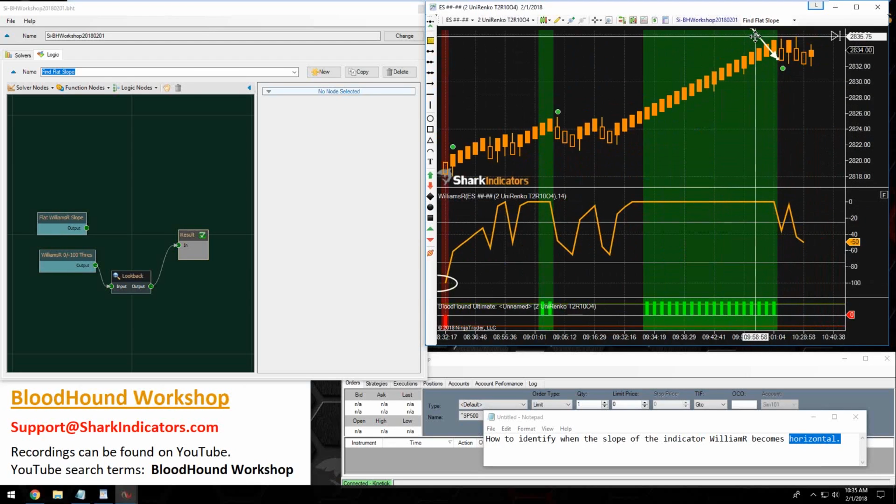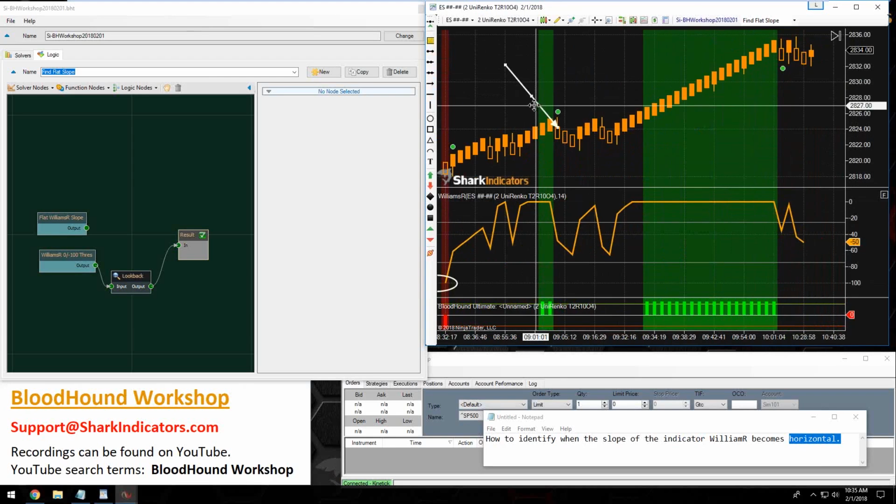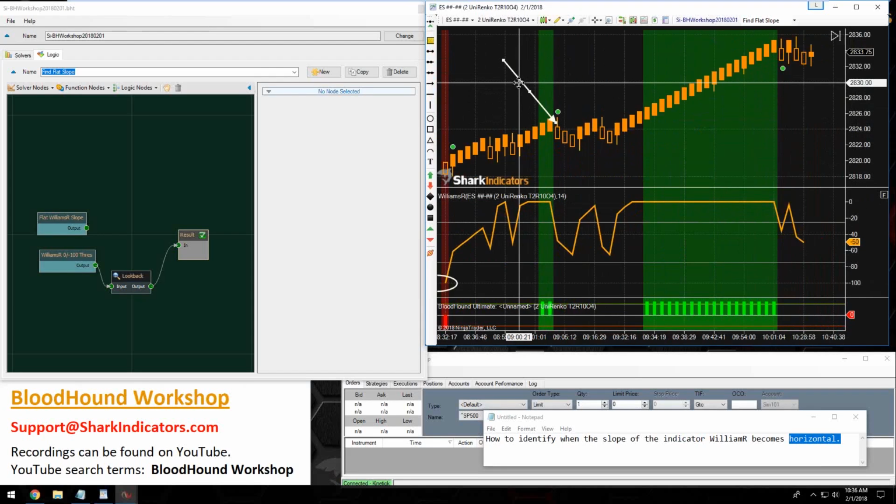So for anybody using Renko bars, those reversal bars really would be a simpler way of identifying when the WilliamsR is no longer flat. But to answer the question more generally, in case you're using some other bar besides Renko bars, maybe range bars or something else,